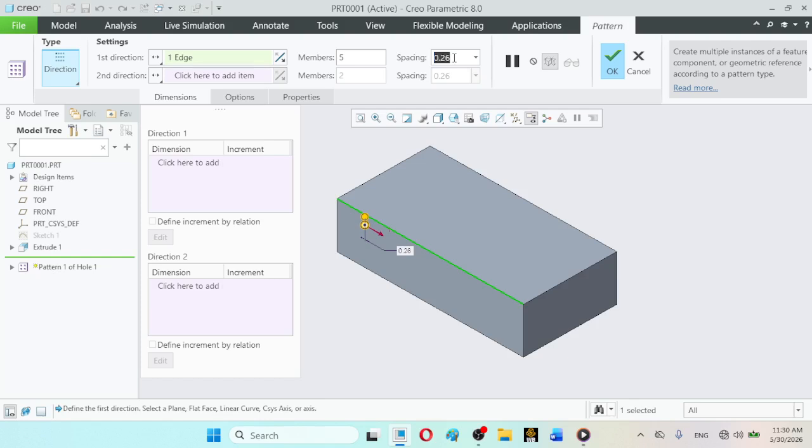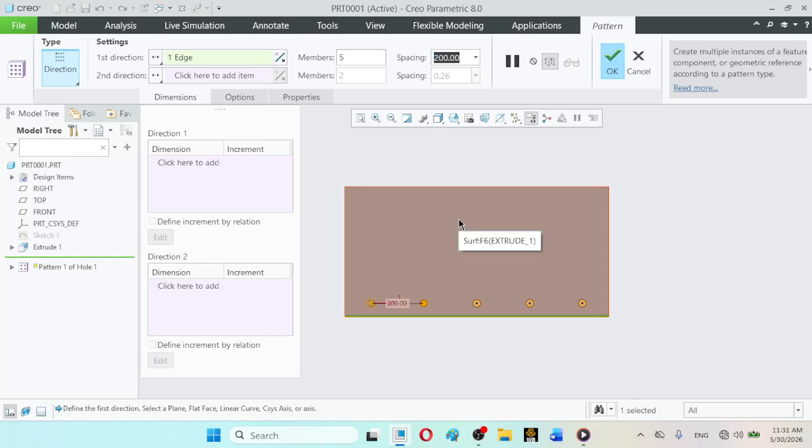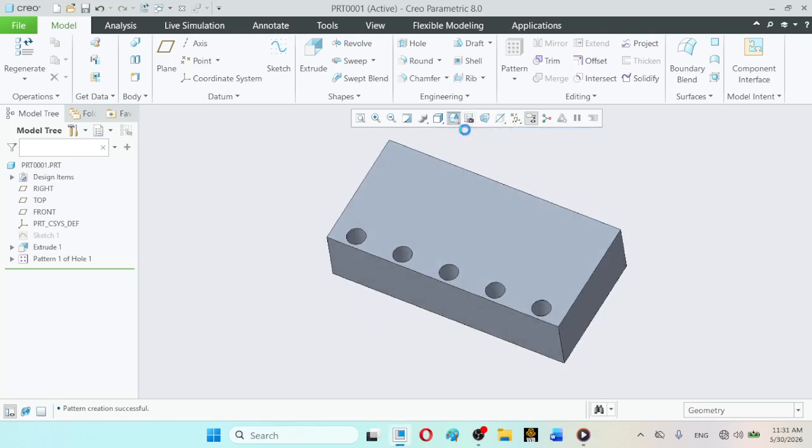In a similar manner, we are familiar that the net pattern distance available along the length direction is 800. So 800 divided by 4 comes out to be 200, like this. Again, you can better observe it if you put it in the top view. Just click on OK, so that you are familiar. So here, as you observe, there are 1 2 3 4 separations and 5 objects in this direction.